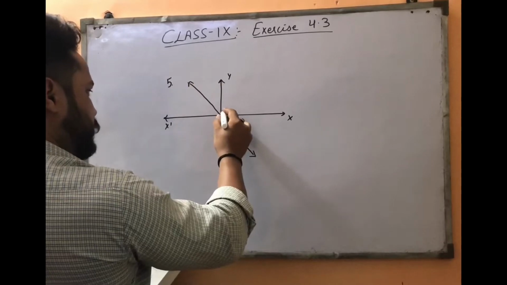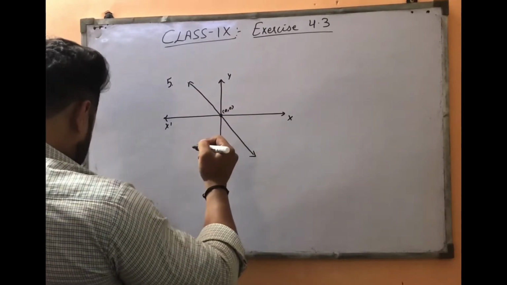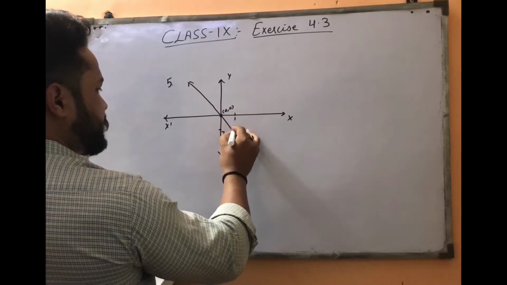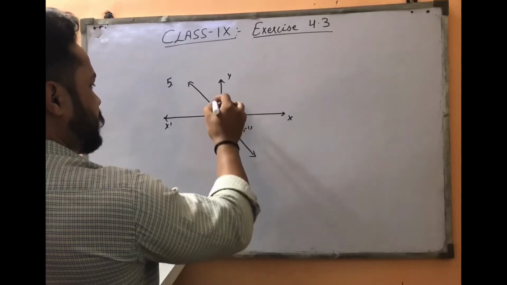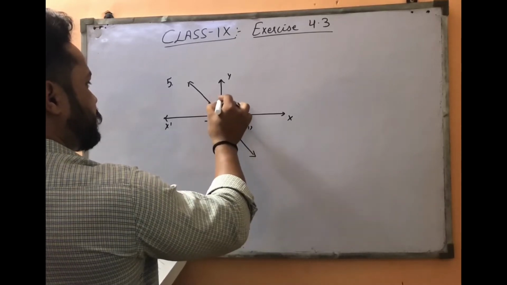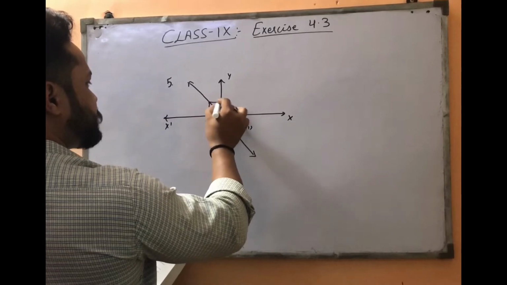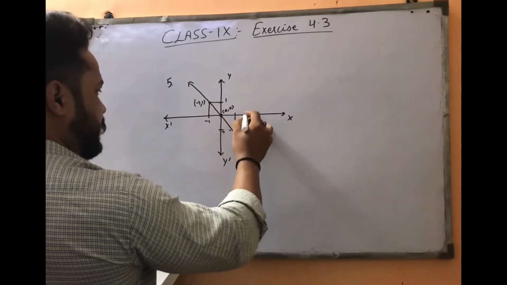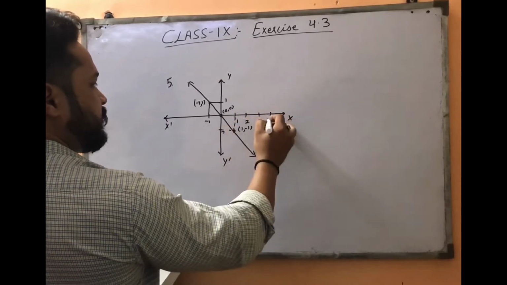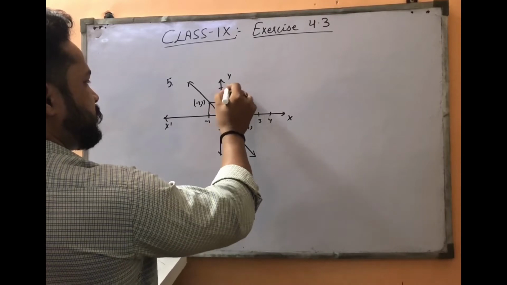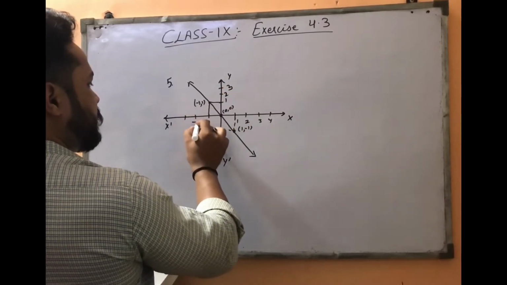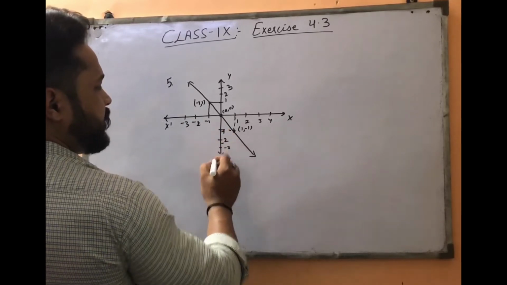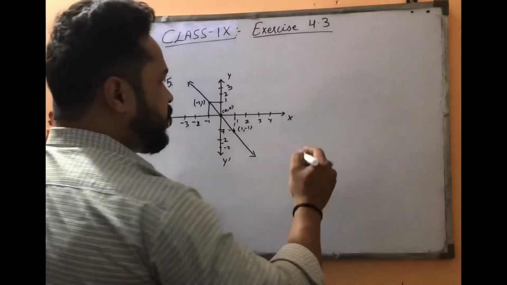This point is 0, 0. This is the origin, and the first point is this is 1, and this is -1. That is, this point is 1 comma -1, and this is -1. This is 1. Then this point is -1 comma 1. Okay, these points are given. Say 2, 3, 4, 1, 2, 3, -1, -2, -3, -1, -2, -3. So this is the graph, and you have four options there.